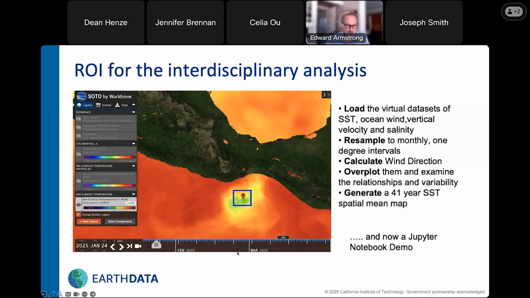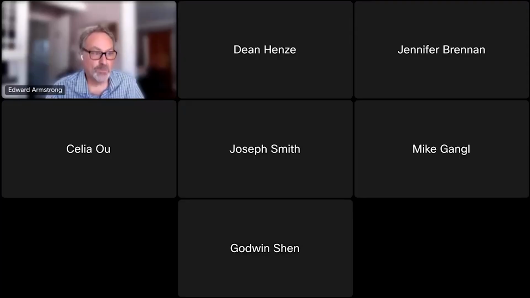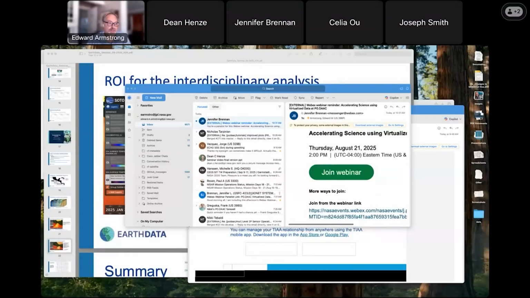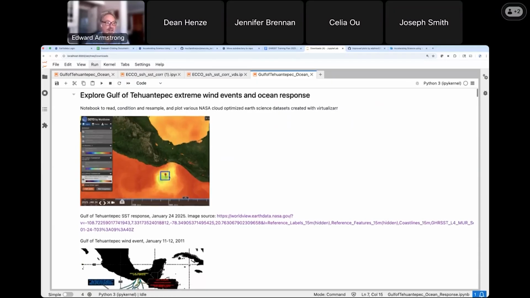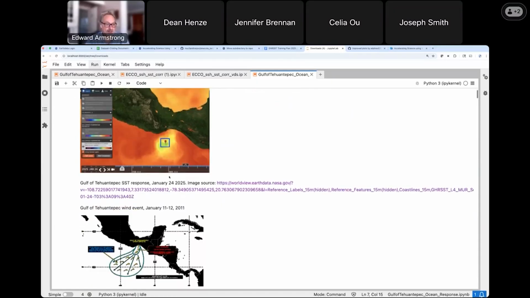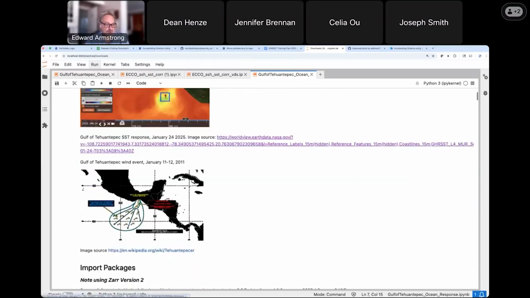All right, so I'm going to go ahead and take control and share my screen and work through a few of the notebook cells. Again, this is a Jupyter Notebook that's running locally on my system. And hopefully you can see that right now. This is the notebook you can find at our GitHub site today if you wanted to run it after the seminar. And the first couple images are what we've seen already, the SOTO view of the ocean cooling,